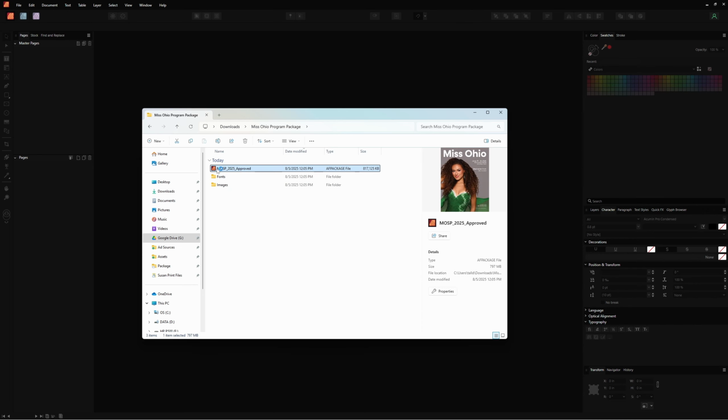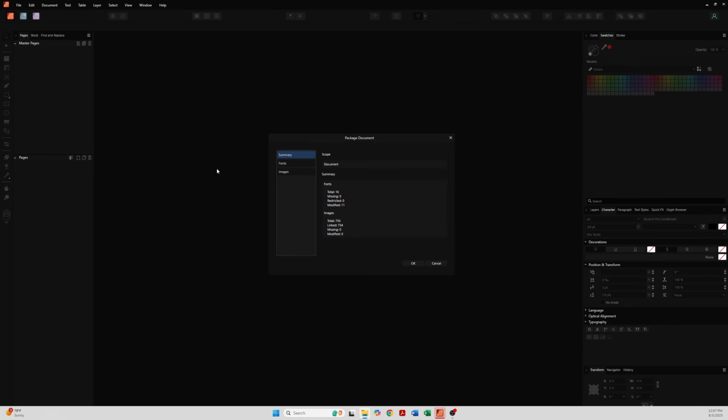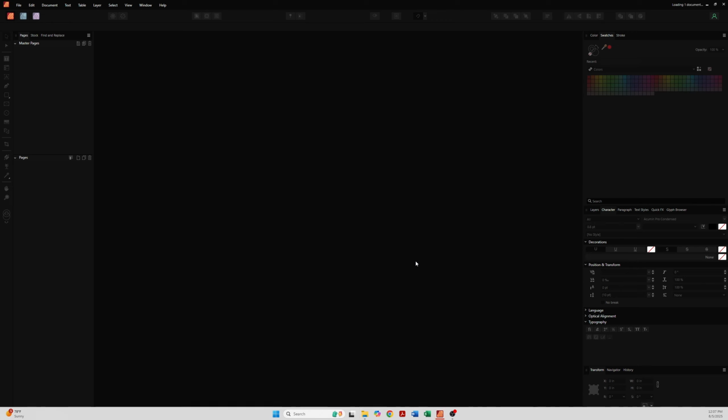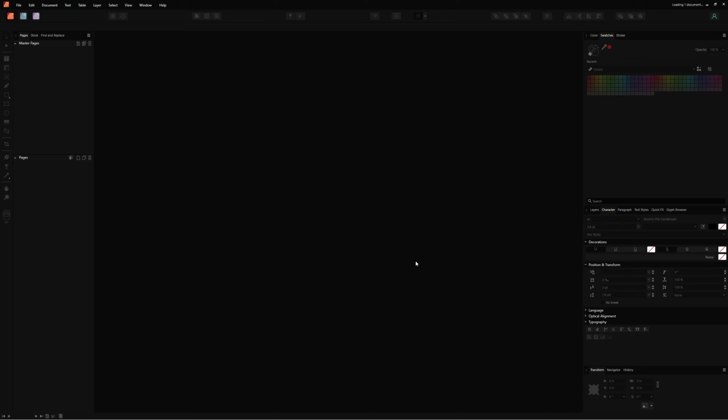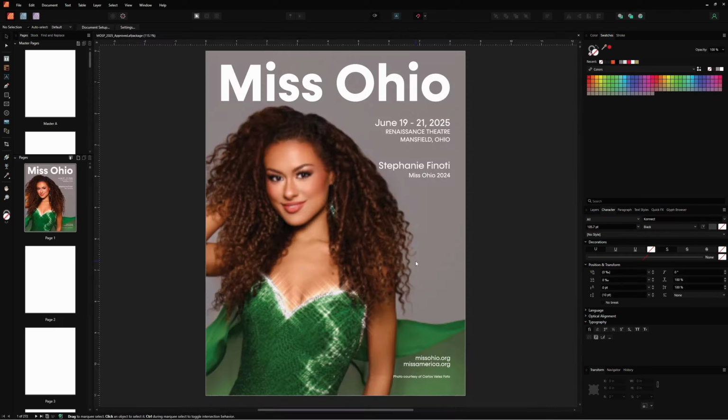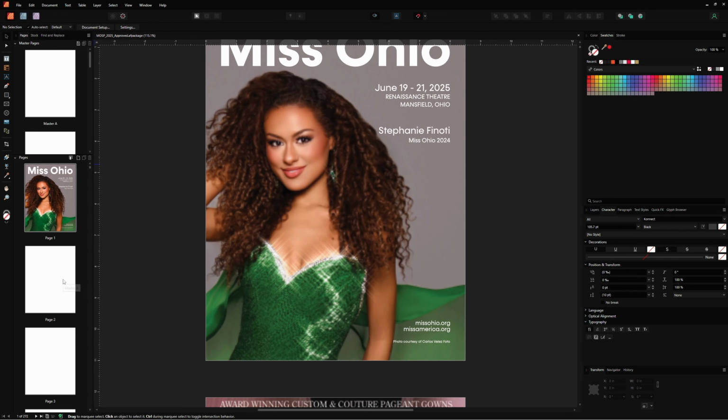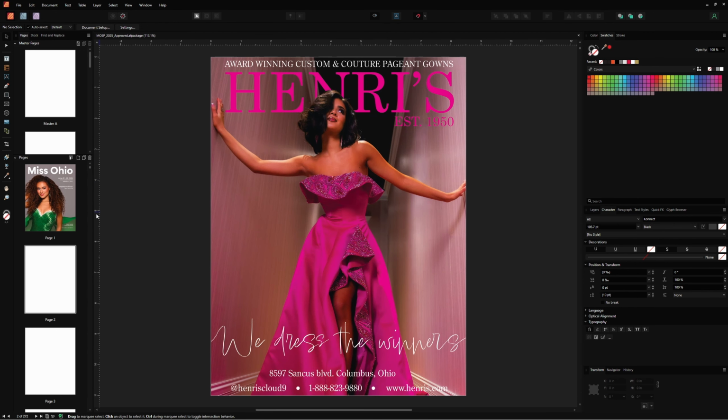Can now double click on this, make sure everything opens up okay. Once again, you're going to be greeted with the summary of our package. And this is showing the information here. We go ahead and click on OK. And it will open up our file, and we can go through and kind of spot check everything. So as it continues to go through, I'll just kind of scroll down here a little bit, click on another page,